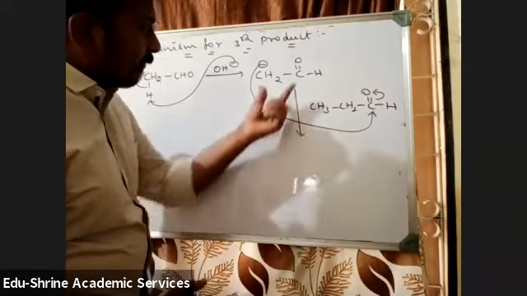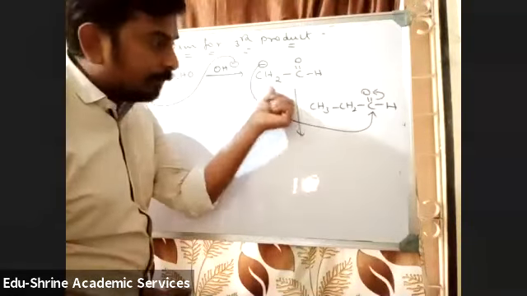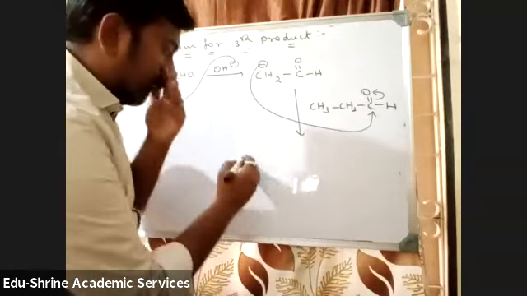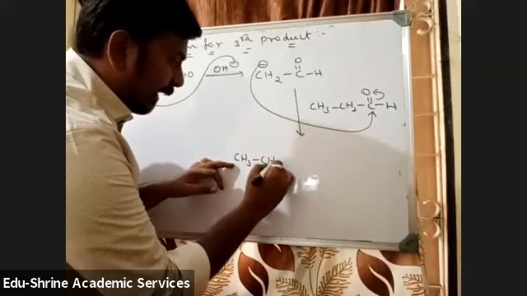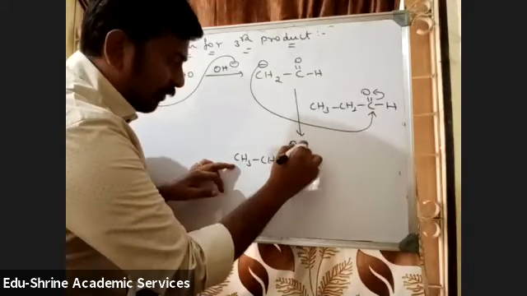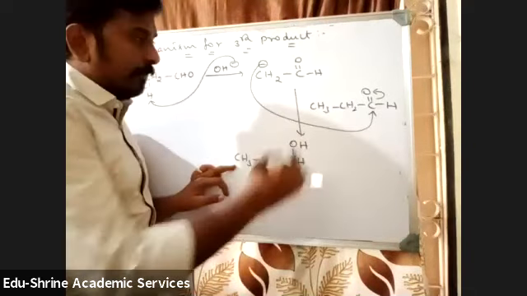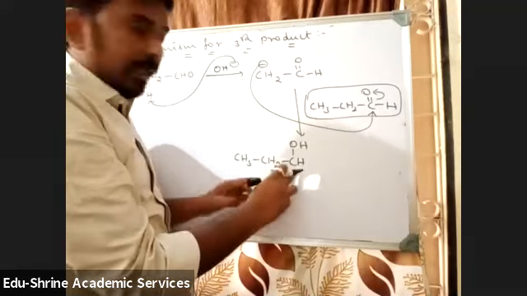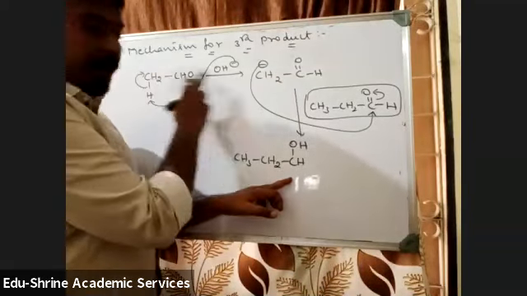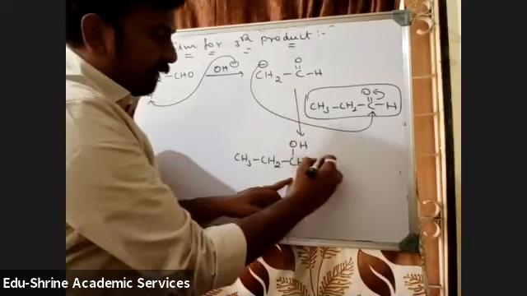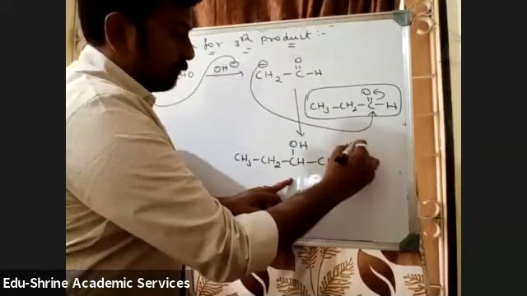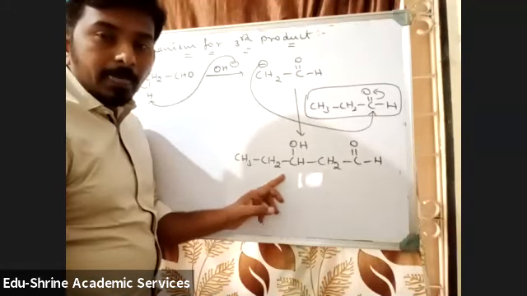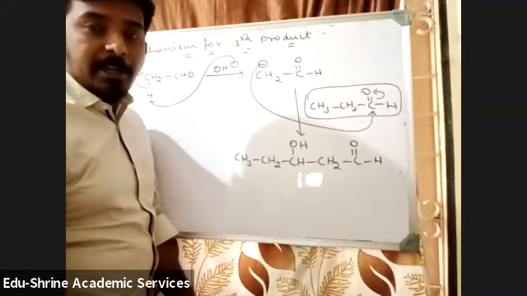So from one aldehyde I am generating the carbanion. The other aldehyde will be converted to OH, no? That's what I am writing directly. From this aldehyde, I converted C double bond O to OH. Then from here you are generating a negative charge, so that will be attacking this carbon atom. Simple. Understood, students? Any doubt here?